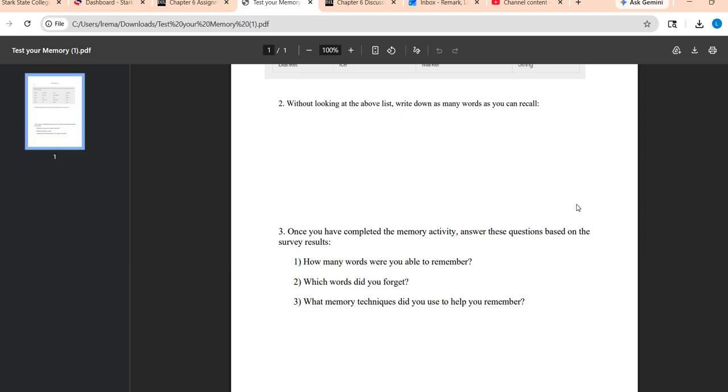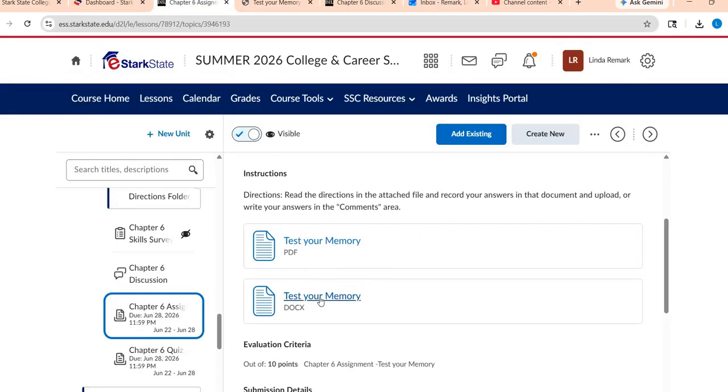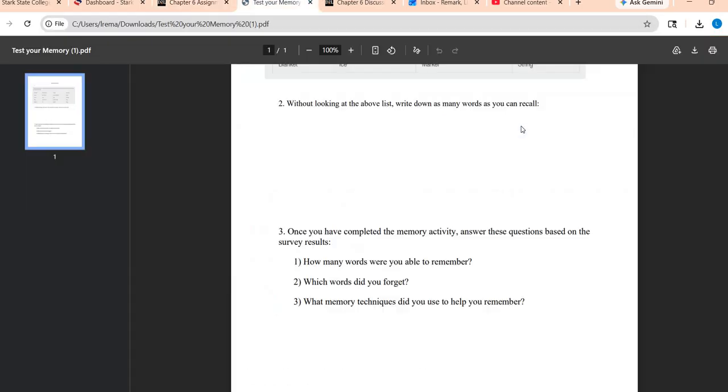So just have scrap paper out or something like that, or you can type. Remember, I have it in a Word doc in here also if you wanted to just type it in a Word doc. So jot down as many words as you can recall. Now, what you're graded on is the answers to these 3 questions. I'm not grading you on, oh my gosh, you have such a great memory, you remember them all, or whew, this person did poorly. No, nothing like that at all. It's this part. How many words did you remember? So whether it was one or all of them, no big deal.